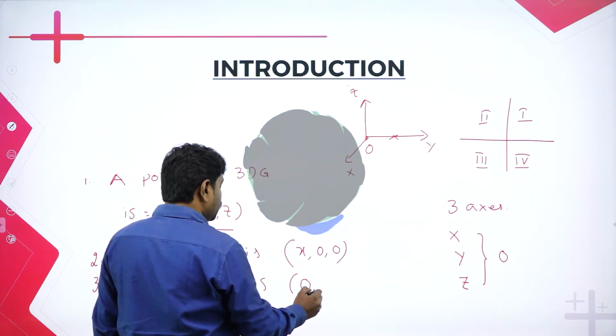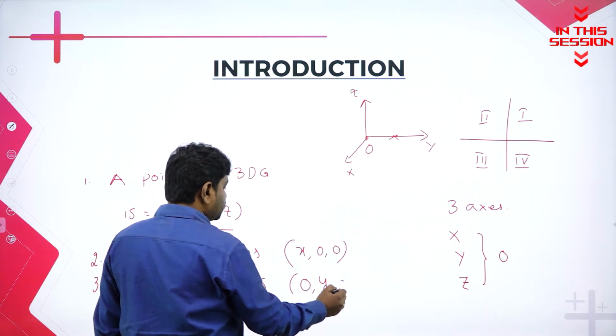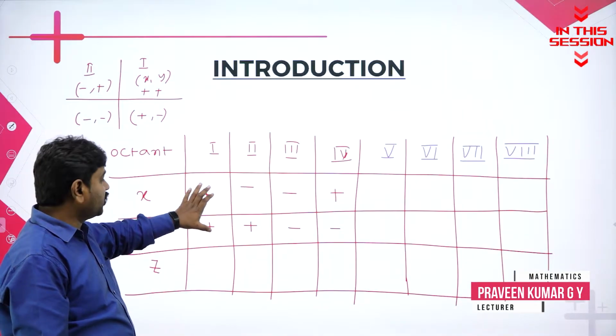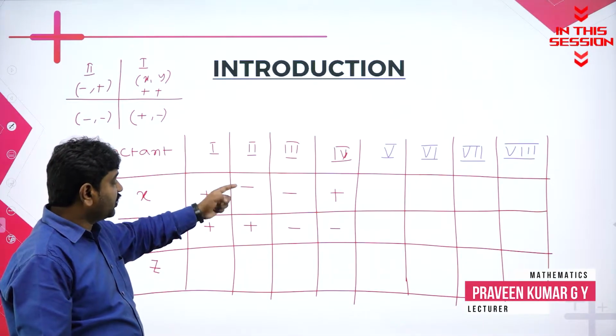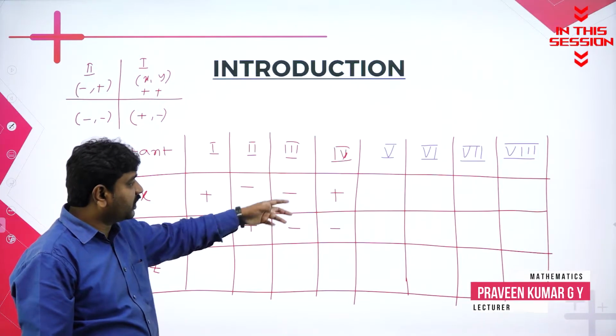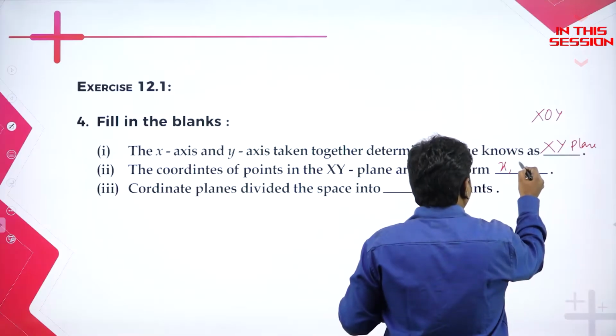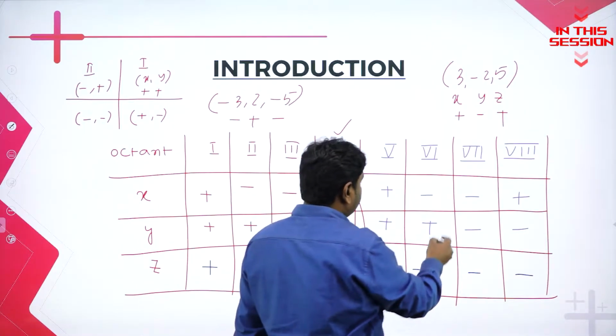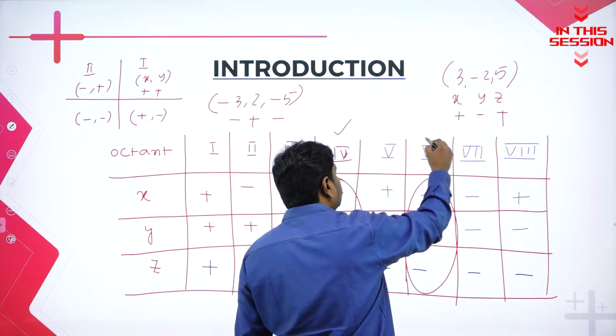So its x value is 0 and it will have only y value and z value is 0. It will be in the form 0, y, 0. So in first quadrant x, y both are positive. In second quadrant x is negative, y is positive. In third quadrant both are negative. In fourth quadrant like this. X will be there, y will be there, z will be 0. It will be in the form x comma y comma 0. Minus plus minus. Search for minus plus minus. Here we have minus plus minus. So it belongs to 6th octant.